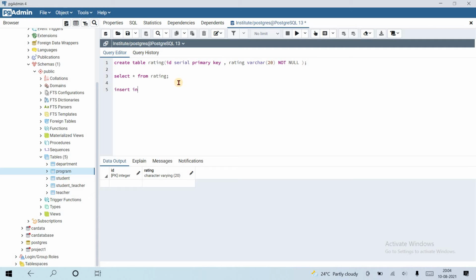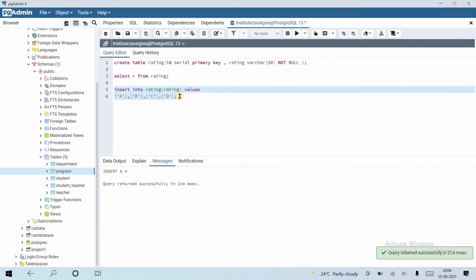Insert into rating, for rating, values. Suppose capital A, comma capital B, capital C, and capital D. Okay, let's insert these values first.